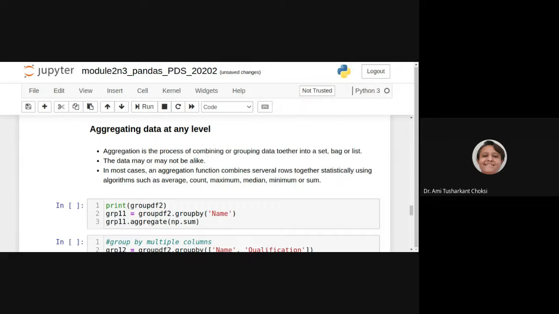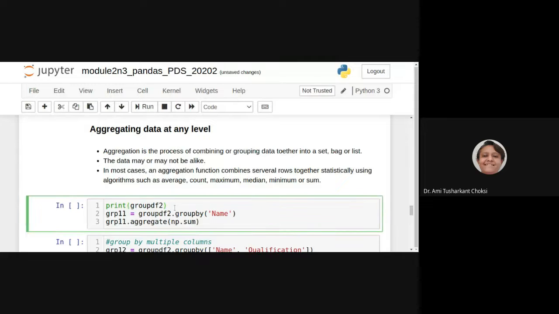So for that, let's say we have our group df2, which we have just used. On that, we do group by name, and now we want the aggregate with np.sum.